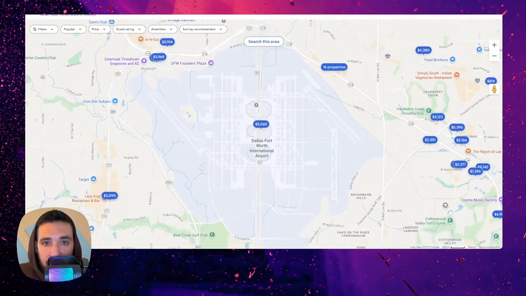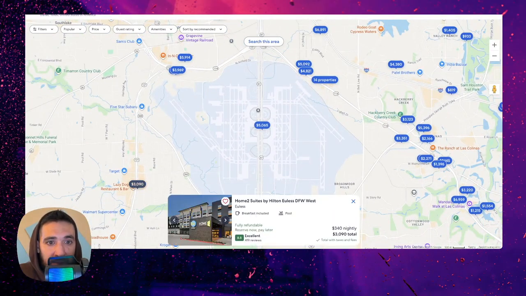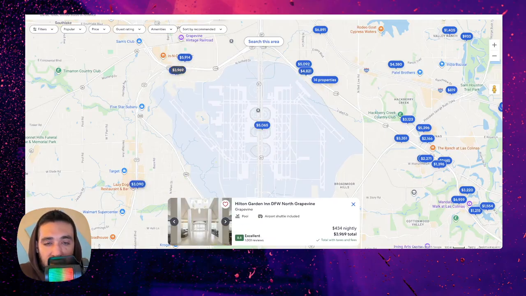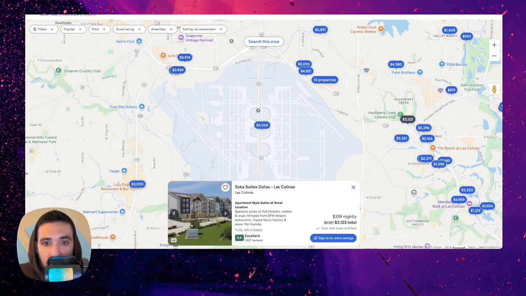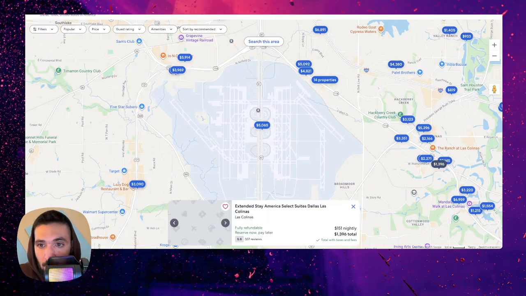Okay. So here are the total prices for some of the properties. So 3,000. We have 4,000, 5,000, 3,000, 3,000, 4,000, 1,000. Here's another extended stay.